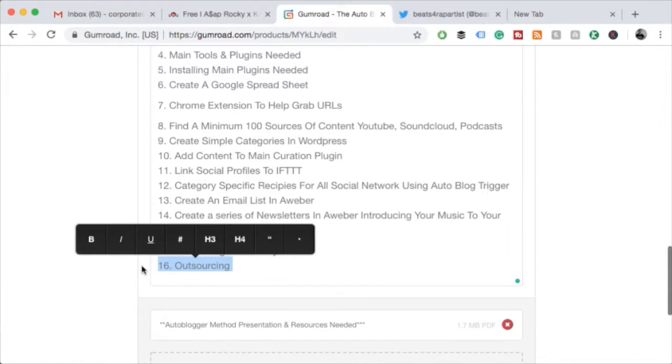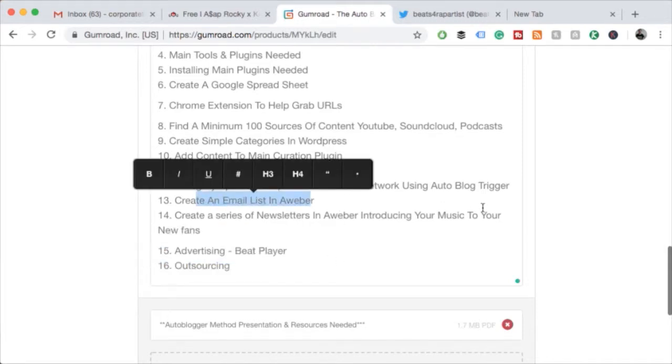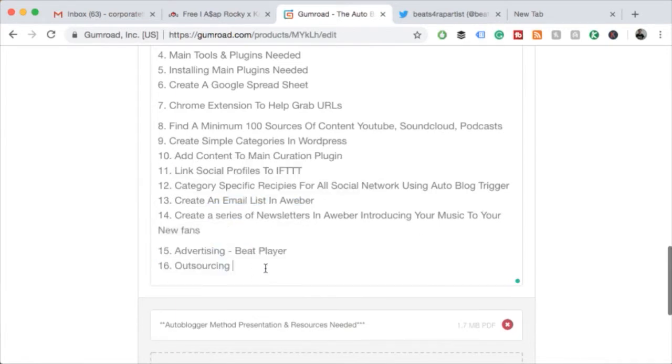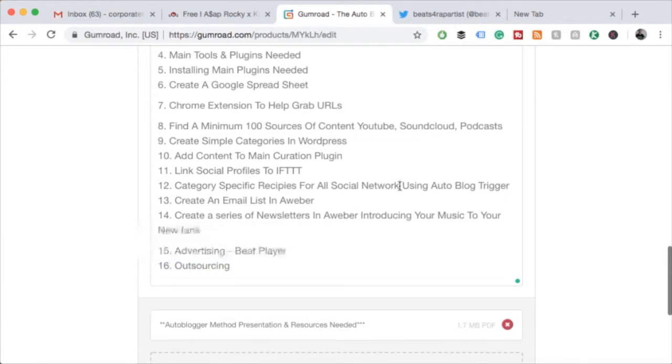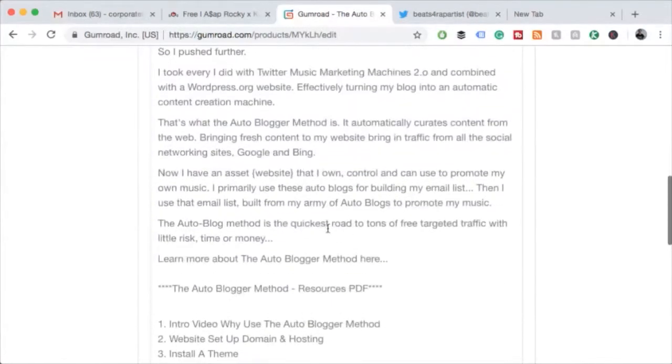Now, I don't make any of these anymore. I get people to do these for me now, and I show them this kind of training manual and these videos to show them how to create them, and how to set up all the other stuff as well: how to create a list in Aweber, how to create email copy and stuff like that, and fire it all out. I don't want to be doing these all the time because they're too time consuming. My time's more valuable, but I did want to record the videos myself and show you how to do it.